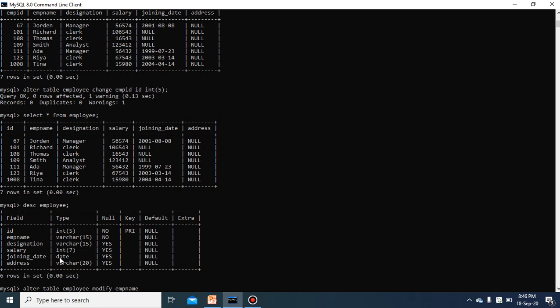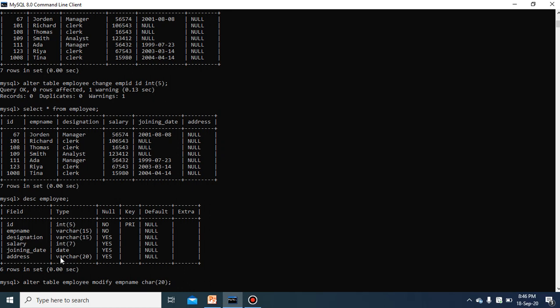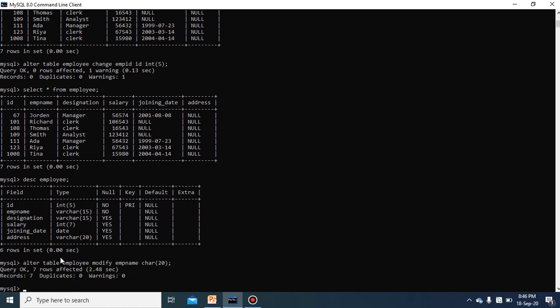Earlier it was VARCHAR(15), now I want to make it CHAR(20), a fixed character length. Then a semicolon. Again, Query OK. It means it has changed.